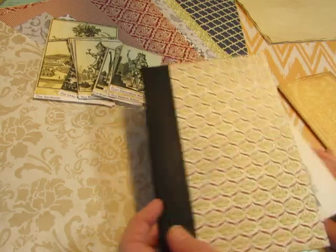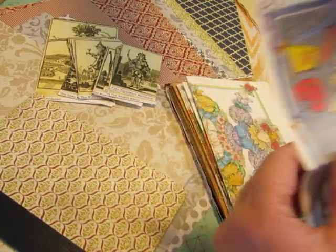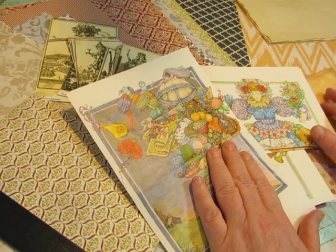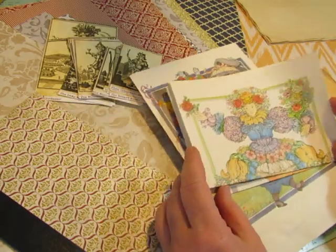I had purchased this children's book, and I wish I knew the name of the book, but I don't have the cover. I think I made a glue book out of it or something. And I've had it for a few years, and I just love these pages. And they are